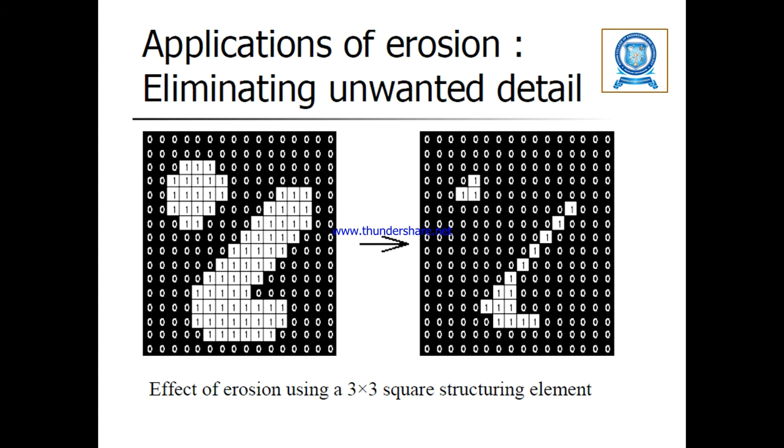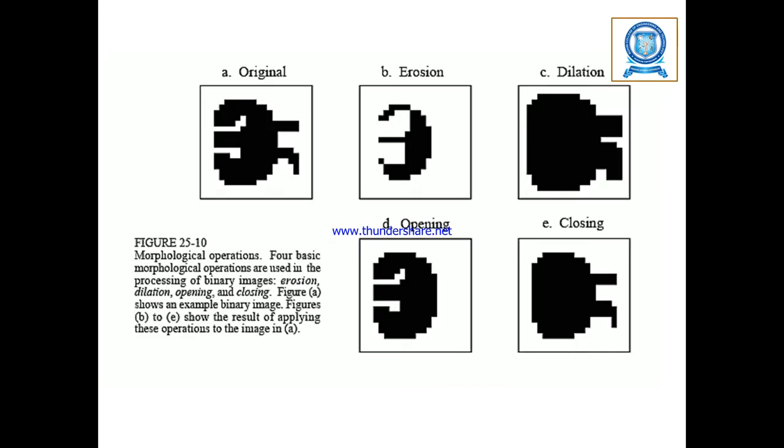Similarly, when I want to remove some unwanted details that are present in an image, or in case my image is blurred, or the object is to be highlighted from the background, then I can apply this particular technique called erosion. By using this erosion technique, we can eliminate the unwanted details present in the image. As you can clearly notice, there is a major difference between the first input image and the image we have gotten after the elimination of unwanted detail by erosion.